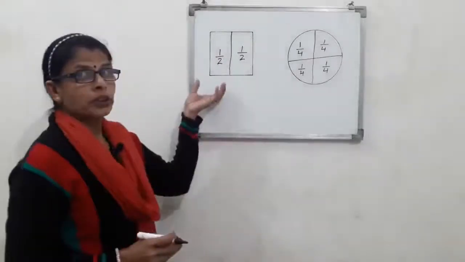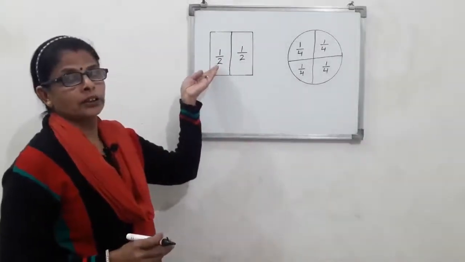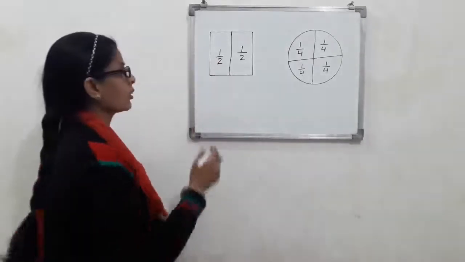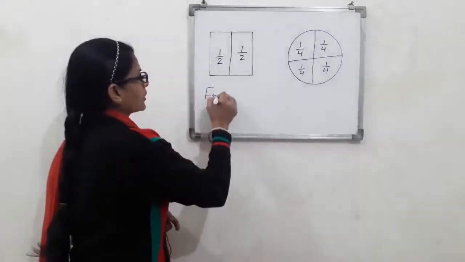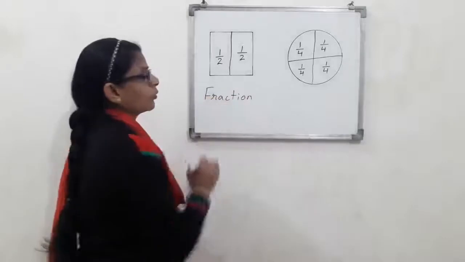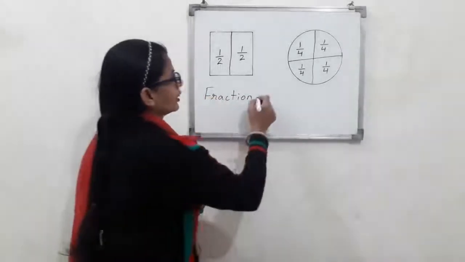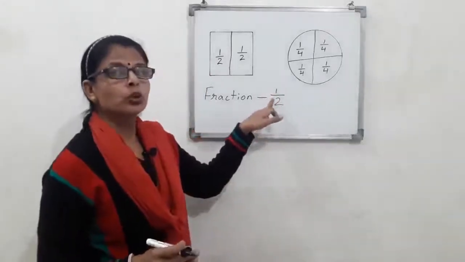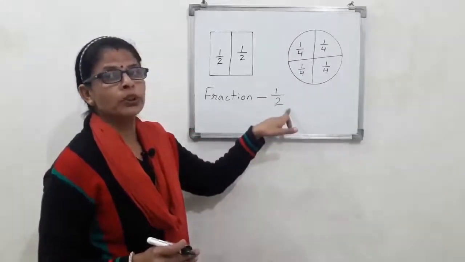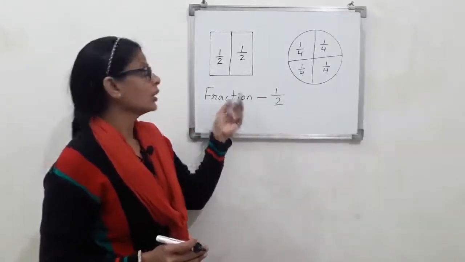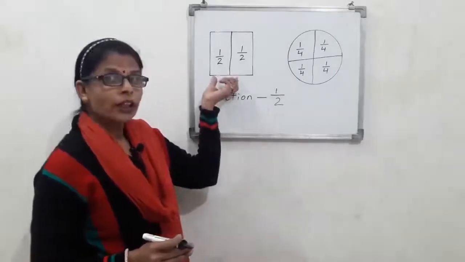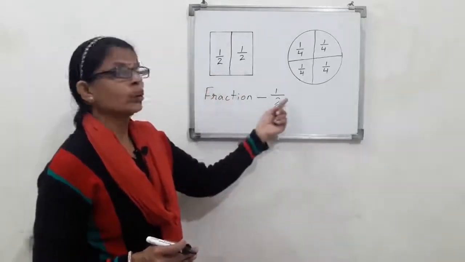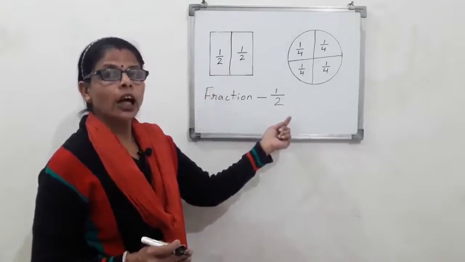Right? This means that when we write in the form half or we say 1/2, this is called a fraction. This represents a fraction. When we draw a line between two numbers, it represents a fraction. In this, we have divided the square into two equal halves. So how many parts are there? 1 and 2. So 1/2, or we say half.